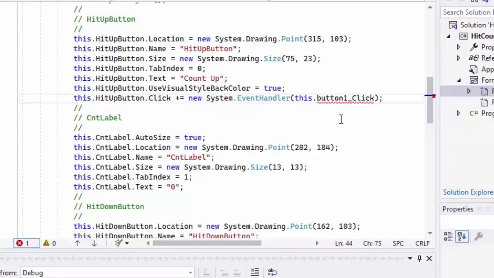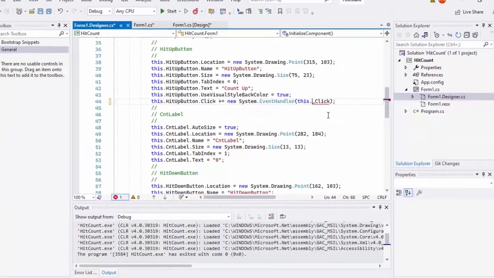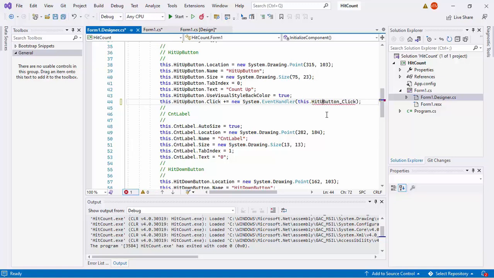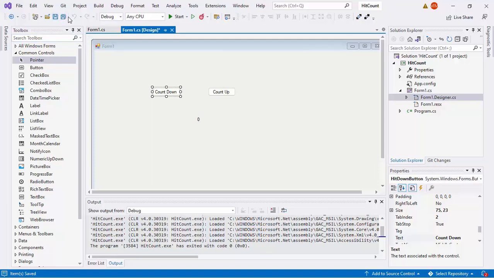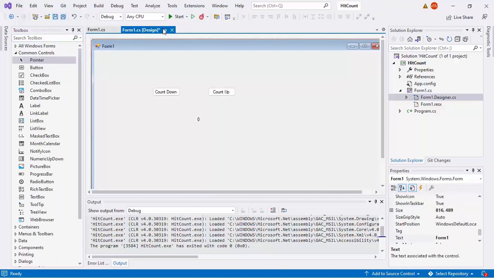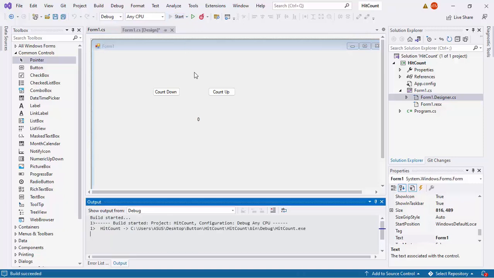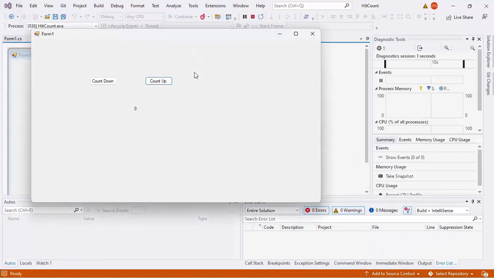So change it here also. All right. I hope that is it. Then we save everything. Why doesn't this save? Okay, never mind.